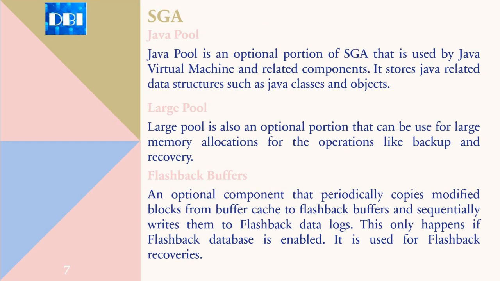Then we have Java pool. Java pool is an optional portion of SGA that is used by the Java Virtual Machine and related components. It stores Java-related data structures such as Java classes and objects. Another memory segment is large pool. Large pool is also an optional portion that can be used for large memory allocations for operations like backup